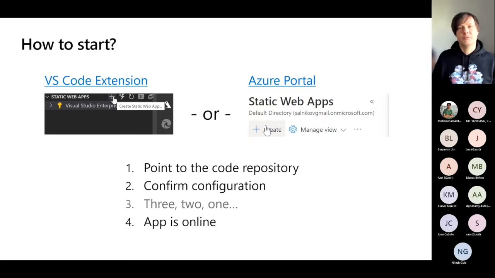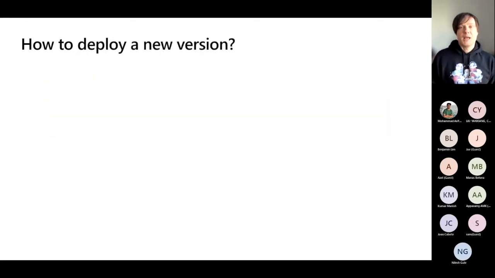online, and you even receive your test URL, like two random words dot azurestaticapps.net, something like this. So you can definitely start immediately with testing how your application looks to everyone else. So it's publicly available, and of course later you can connect your custom domain here. So that was the flow of how to start with Azure Static Web Apps.